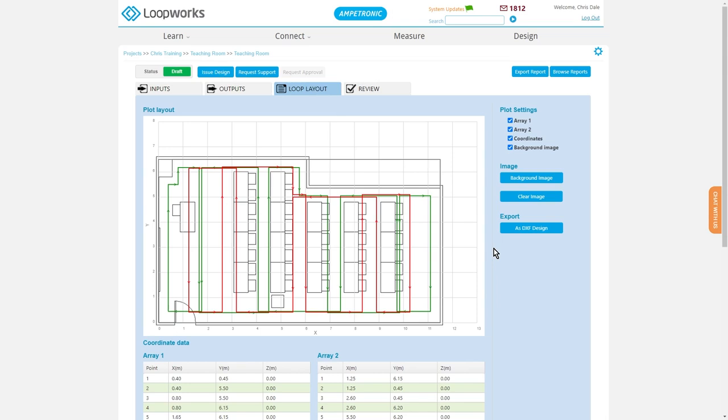For the most complex requirements, Ampetronic's team of expert design engineers will always be on hand to produce installation drawings for you. However, with this update, you now have the power to make simple changes right within the Loopworks Design tool. If you don't have an account already, you can register for free at